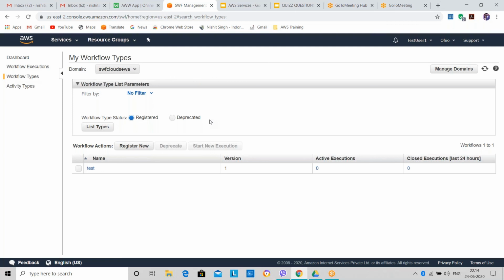So what will the workflow do? The workflow will trigger each and every step, and after triggering each step, the workflow will track the details of each step, whether the steps are working in the correct manner or not. If the track record of my triggered function is unhealthy, in that case the workflow will stop that process and will not allow your process to move on further. So this is a workflow.